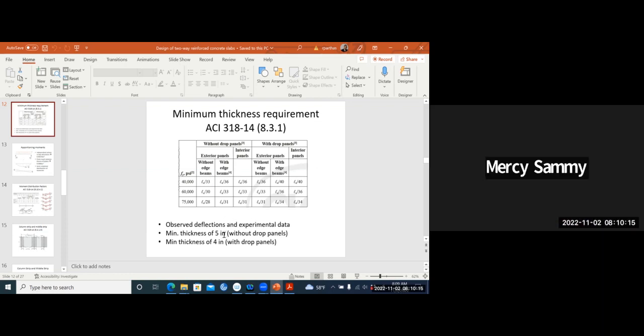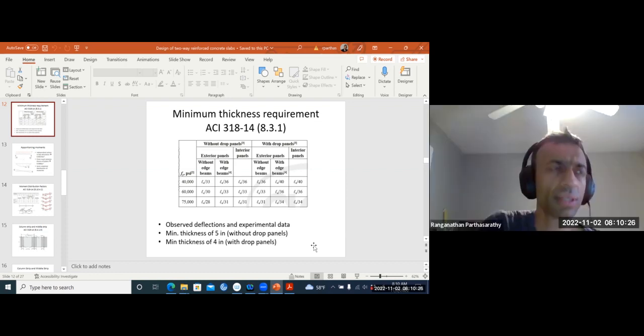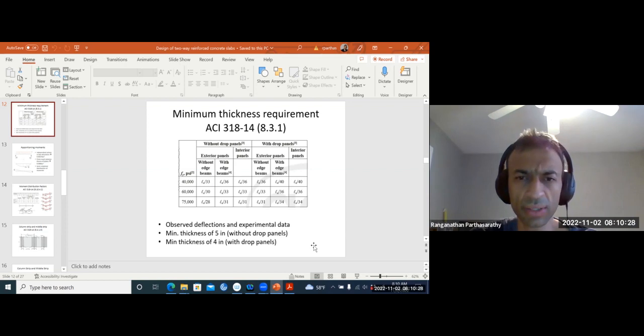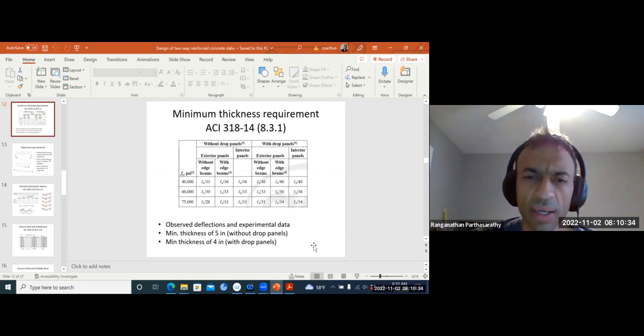But can you really be sure about this thickness and table? Because it's just an assumption. You really never know how much load you're going to have, like in real life, you know? Yes, definitely. It depends on your service load and